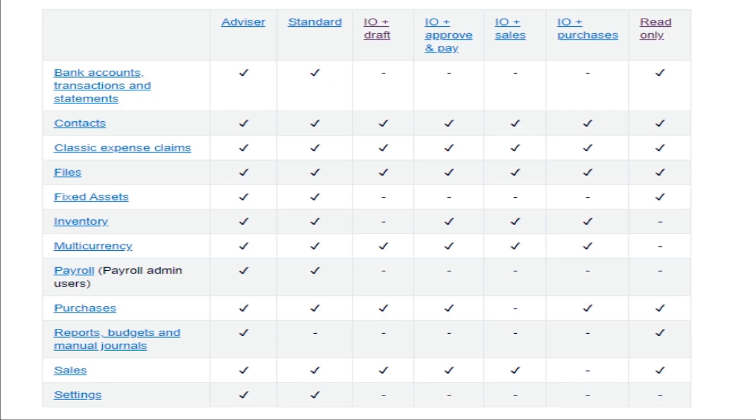So for this permission, the sales permission gives a user almost full access to invoices and quotes only. A user with this permission would not have any access to purchases, including bills and purchase orders. So with the sales permission, a user can create and approve invoices, create repeating invoices, add and